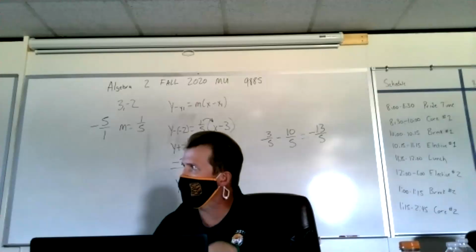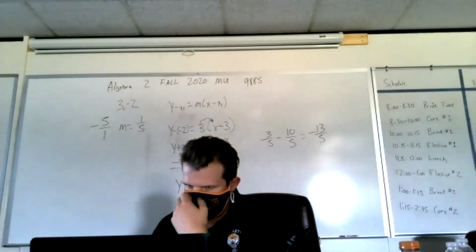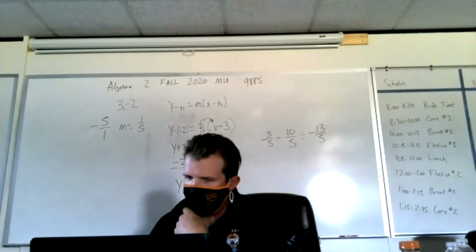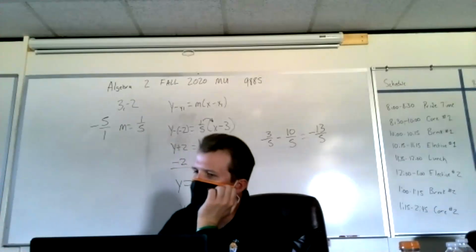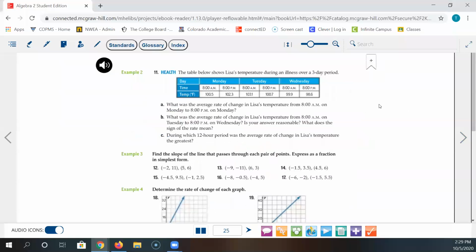I wanted to show you guys something though, because I don't think we're using McGraw-Hill to the capacity that we could. So when you're on your McGraw-Hill book, and I know that the PDF is so much easier to use because it's right there. But within your McGraw-Hill book, if I go to one of the pages, which is page 25, and say I get confused, it's late at night, you don't want to bug Mr. Burns, or you're just scared to send me an email, I don't know why. But you see this little button down here? This is called the tutor. If you click this button,